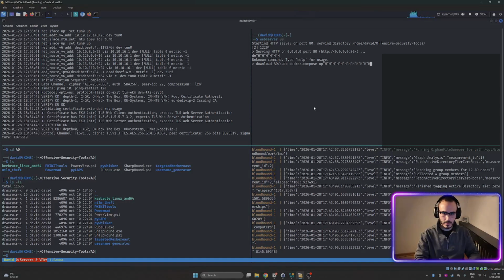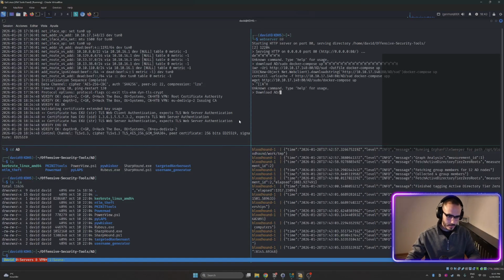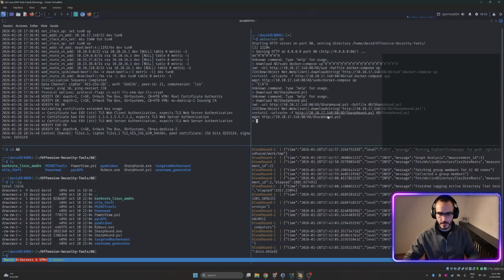No, this is not the download AD. Let's copy the name. Yeah, I need to improve this shortcut to add maybe auto completion or something like that. Yeah, that would be something for the future. So it gives me automatically the command,